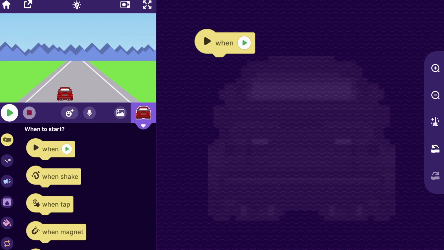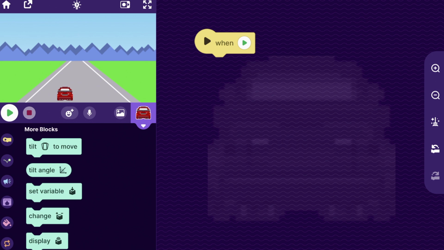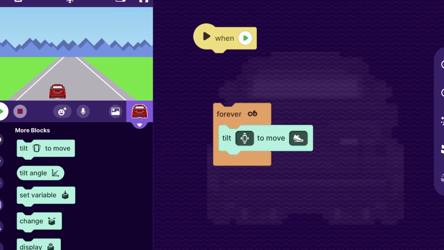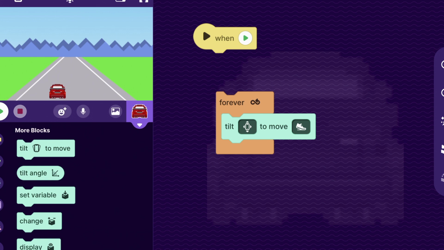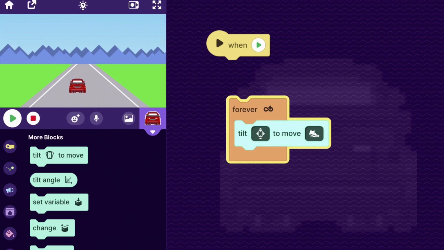So first, let's get the car to move. I'll make another tutorial and show how to make a two-player version of this, but let's say you're playing one player. We could move the car by tilting the device. So I'll go to the More Blocks category, and you may have seen this already in another tutorial, but I'm just going to drag out this tilt to move block, and if I tap that, well, now I can tilt